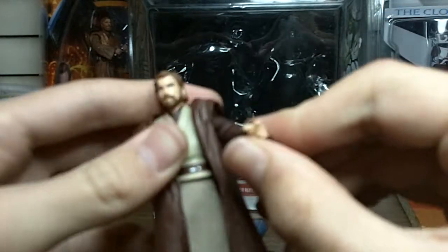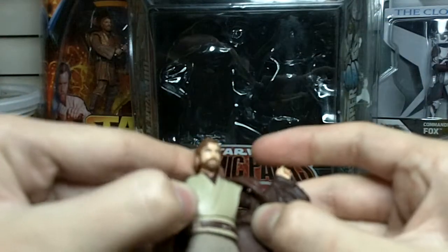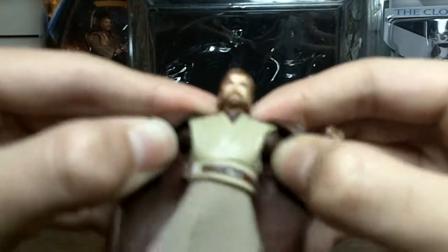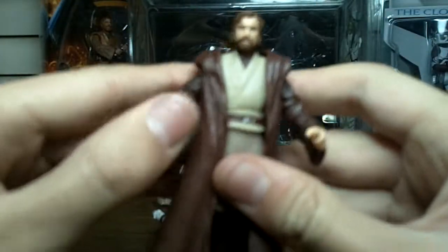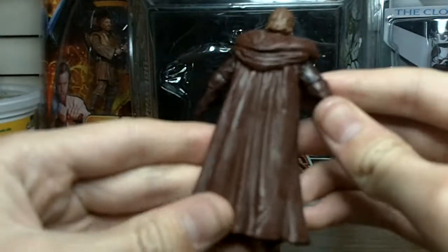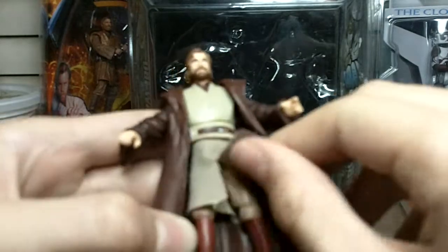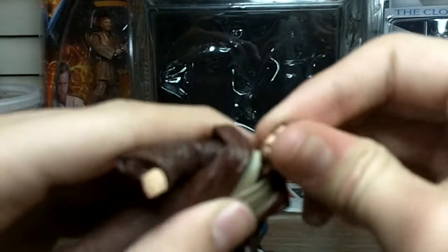But yeah, and then if you notice, his arms are brown, and that's connected to his body. So it's like he has a tan body with brown arms, if you can see that. So it looks kind of funny if you take it off. But with it on, it actually looks quite nice. And yeah, he has the fabric goods right there. And he has the episode 2 styled Obi-Wan